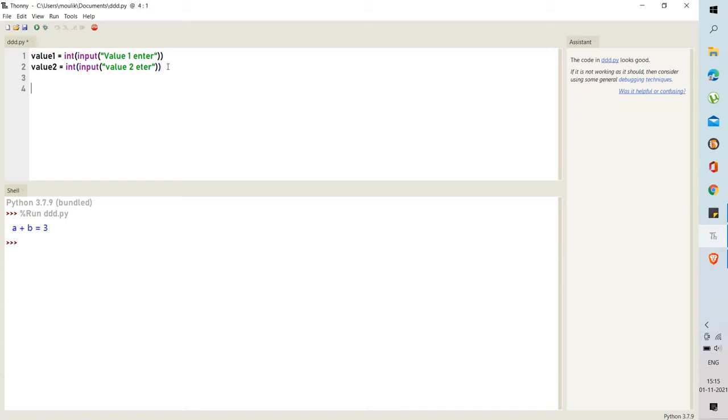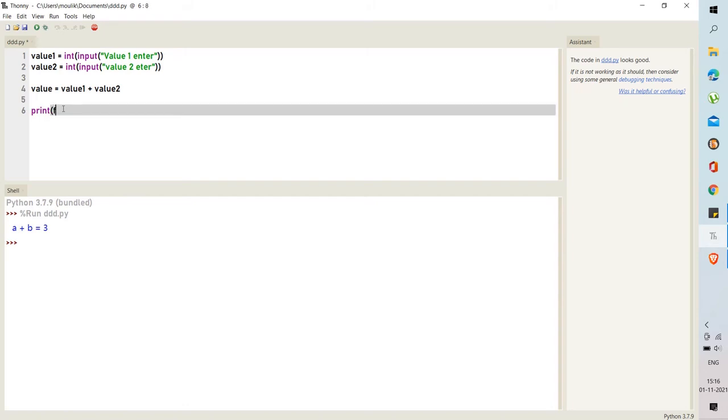And then I'm adding another variable. So the variable will be, let's keep it as value is equal to value 1 plus value 2, and then I'm just printing out the value. So what is happening is the user input values value 1 and value 2 will be stored in this particular variable, that is value. And also I'm using the f string and entering value 1 and value 2 is equal to value. I'm just entering the value in the curly brackets